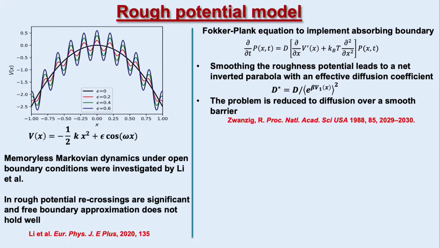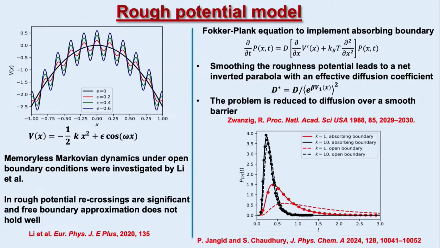Here, epsilon refers to the amplitude of the roughness, and omega is a separation technique, which actually allowed us to write the potential in the form of an effective potential and the diffusion coefficient in terms of an effective diffusion coefficient, which led to the smoothing of the rough potential. And with this picture, we then implemented the eigenfunction diffusion.